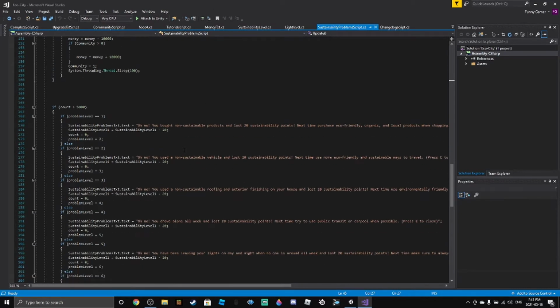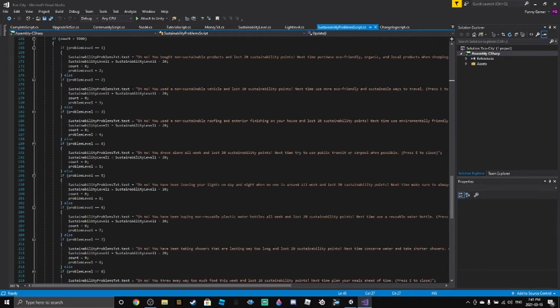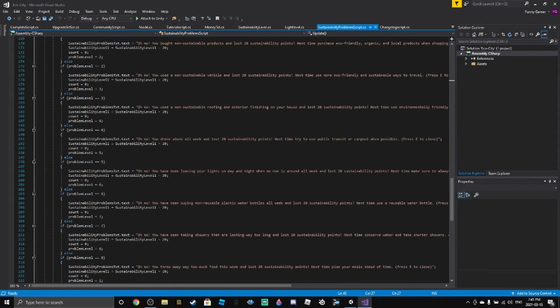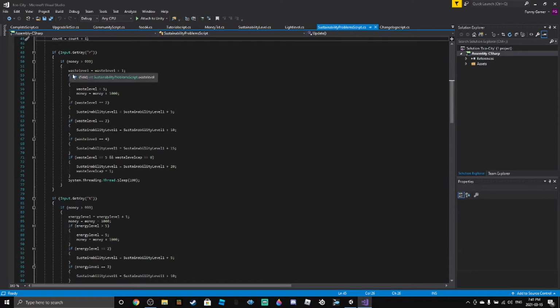Now, the main part of the script here is when sustainability problems happen, this is how they are brought into the game. First, it waits till the count is at 5,000 or 5,000 frames, and then it has an if statement for each sustainability problem. There are 8 total, so the player is always getting a new one. And within each if statement,